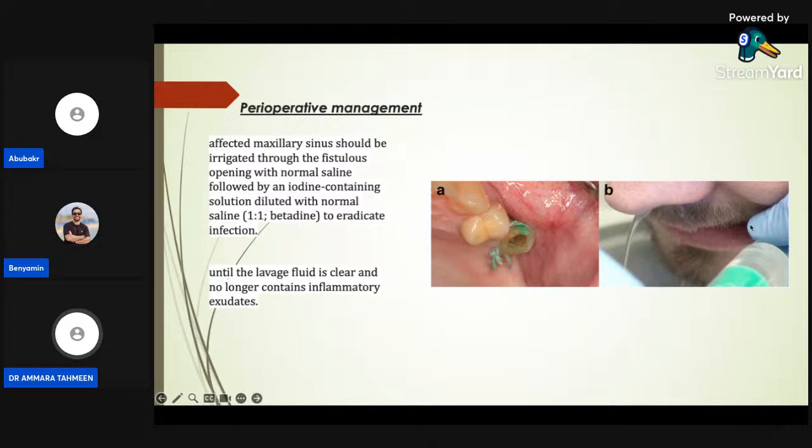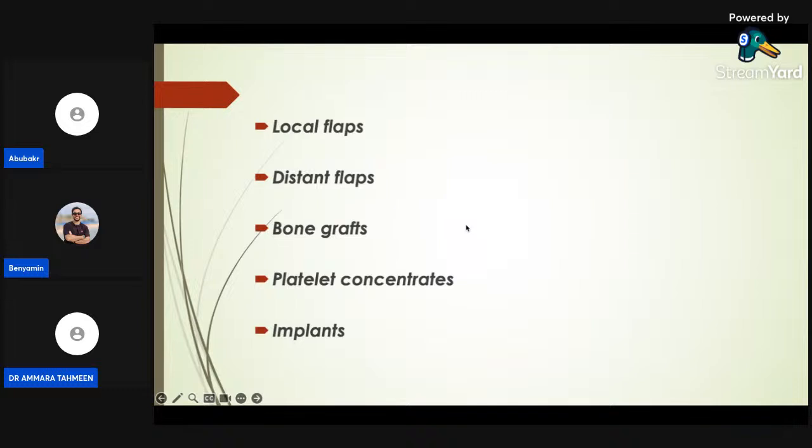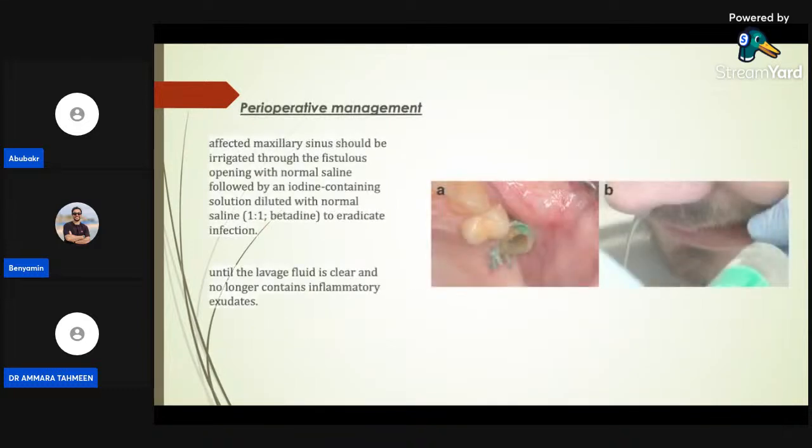As you can see in this procedure, they have placed a drain here. With normal saline, through this drain, the surgeon is pushing the saline into this opening, and it is going into the sinus, flushing the sinus and coming out through the nose. That is the middle meatus of the nose. It communicates with the maxillary sinus. So through this meatus of the nose and through the nostrils, the drainage is taking place. That's how the irrigation is done.